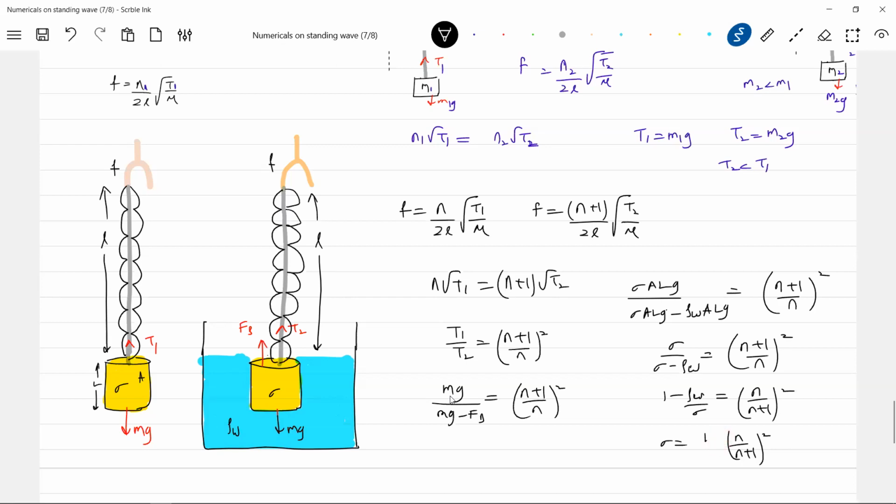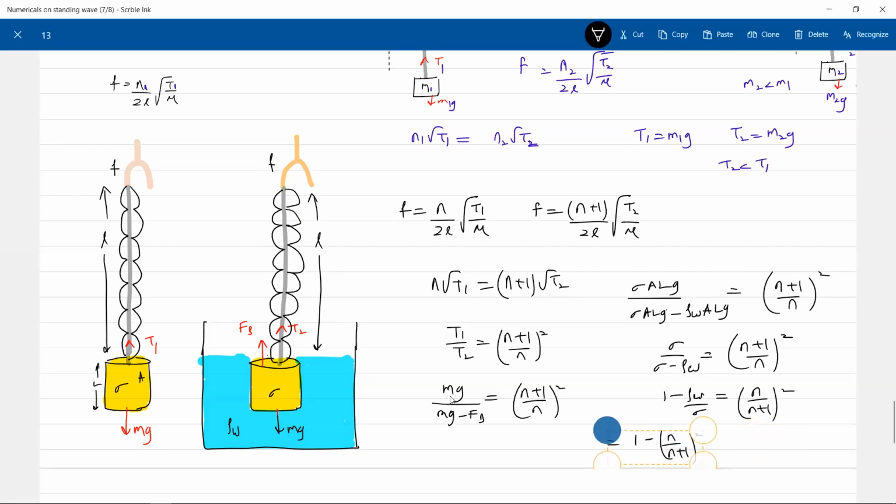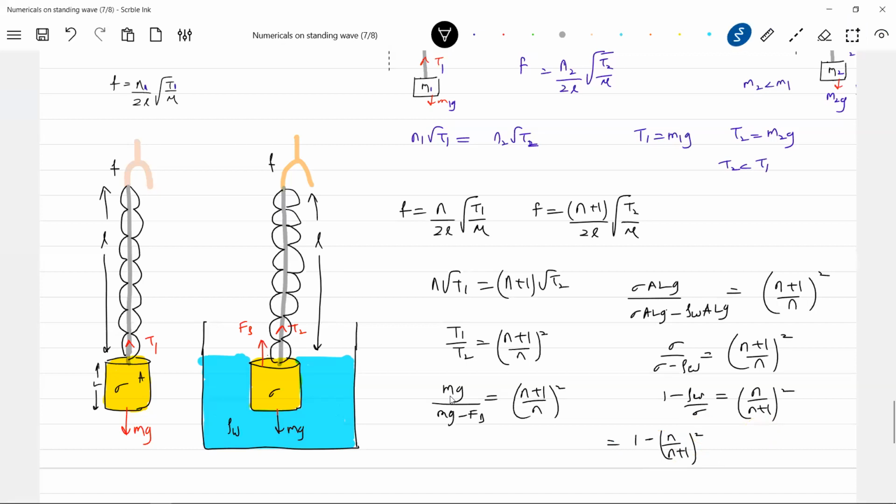One minus it will be. Let me simplify it here. So sigma is equal to rho w by